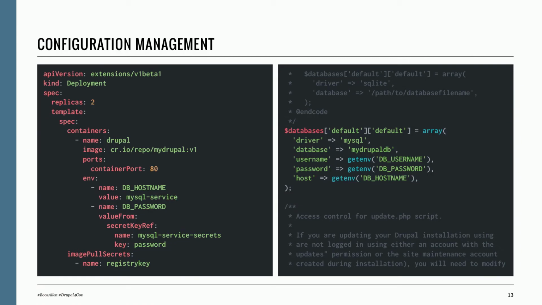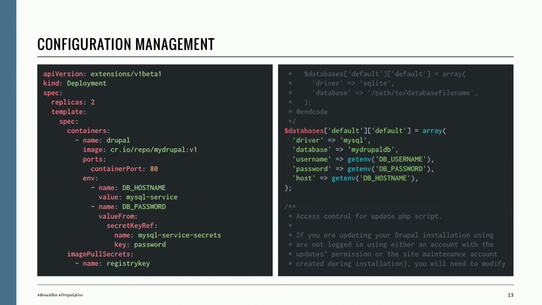On the left, you can see this is the same deployment spec that we've been looking at before, but we've gone and added in some environment variable definitions. What this does is allow us to take our configuration out of our source control, out of our container repository, and put that into the orchestration. Kubernetes runs a distributed configuration database called etcd in the background where it hosts all of this information